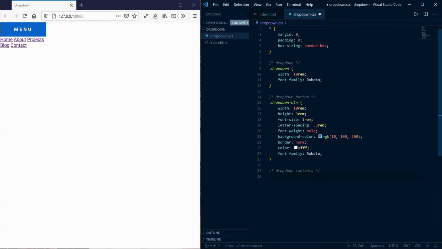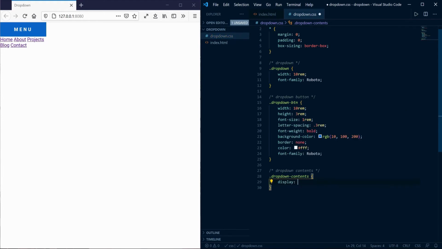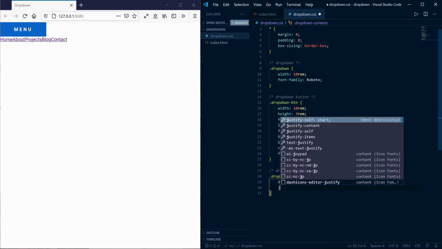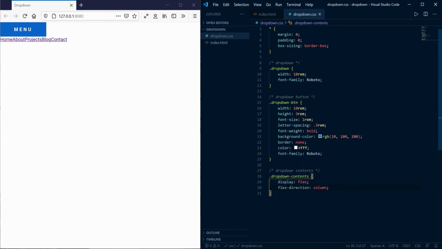Now add style to your drop-down contents. Set display to flex. Set flex direction to column.